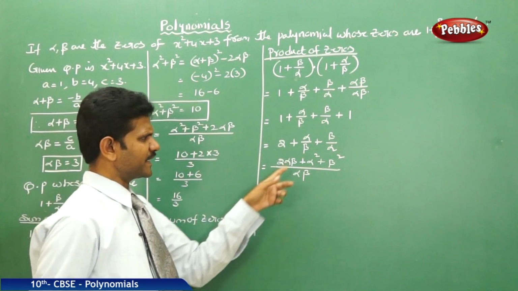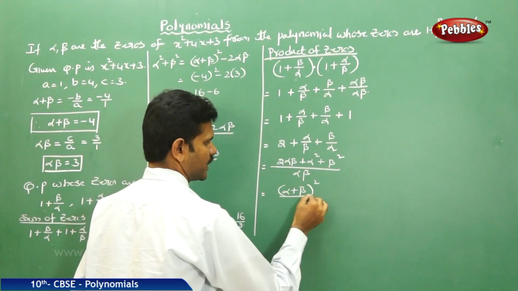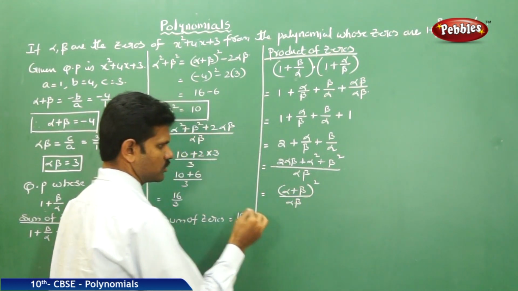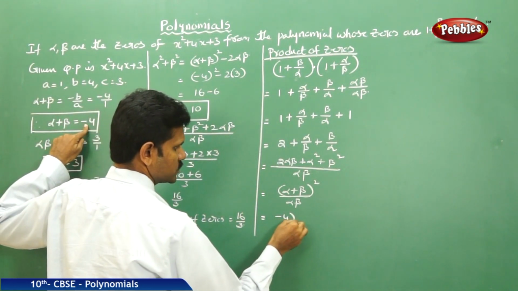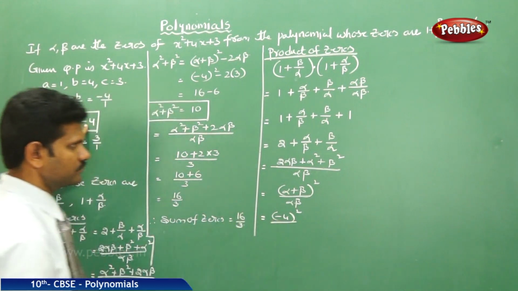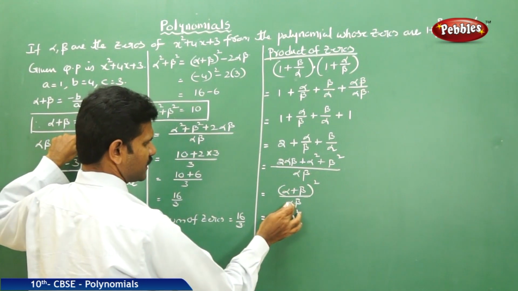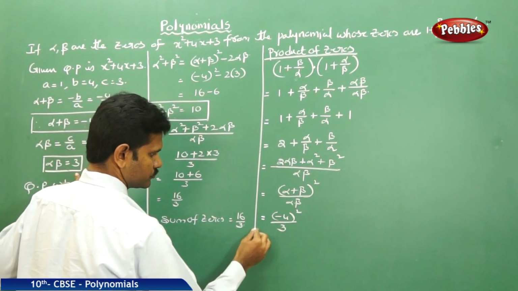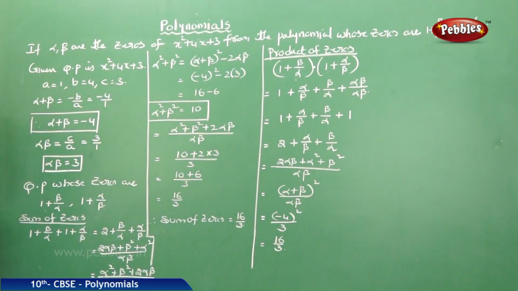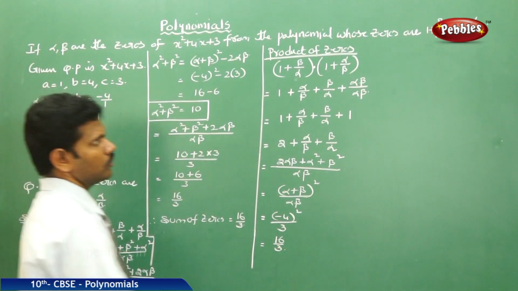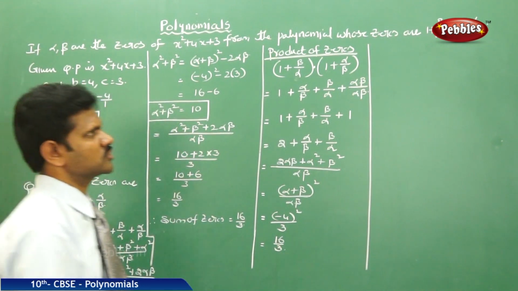Now your numerator clearly is of the form alpha plus beta whole square by alpha beta, that is equal to alpha plus beta value, minus 4, whole square, by alpha beta value, 3, that is equal to 16 by 3. This is the product of the zeros. Now I am ready with the sum of the zeros and the product of the zeros. Therefore,